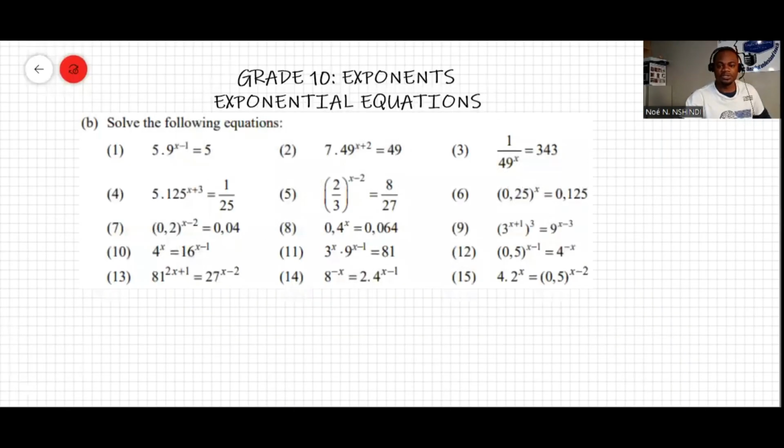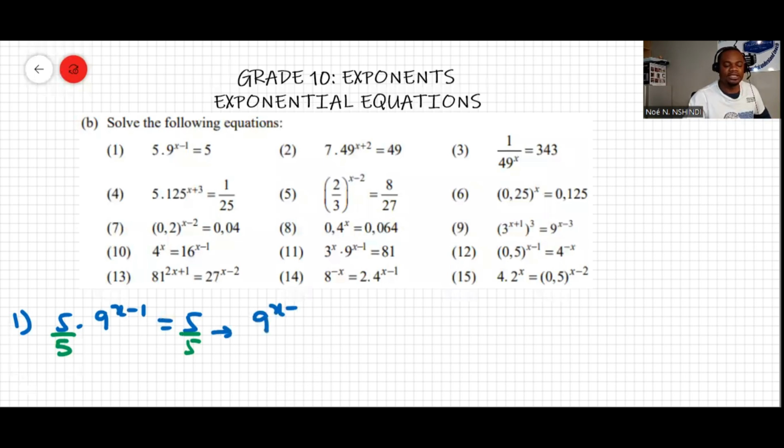Well, this is another series on solving exponential equations. So let's start with question 1. Question 1 says 5 times 9 to the x minus 1 equal 5. Now, the only way to simplify this is to get rid of this 5, because it's a product. So I divide by 5, I divide by 5 there, and then we'll get 9 to the x minus 1 equal to 1. Now, according to the law of exponents, any a to the power of 0 is equal to 1. So at the moment that we get this situation, whatever it is equal to 1,